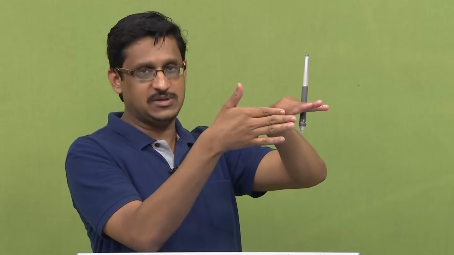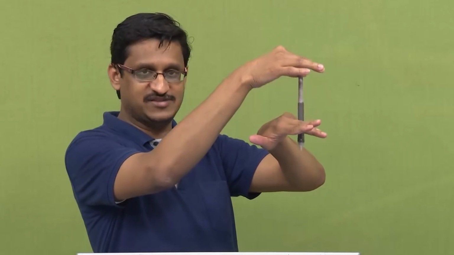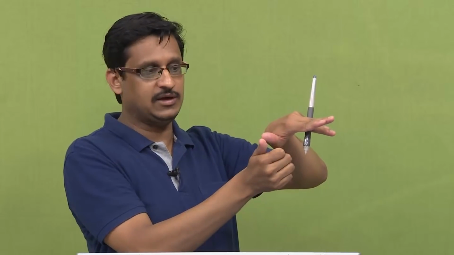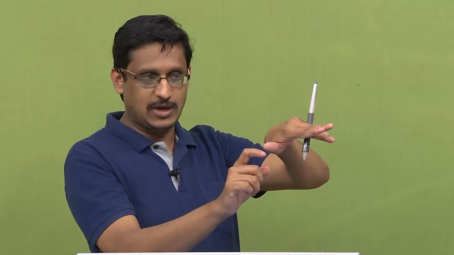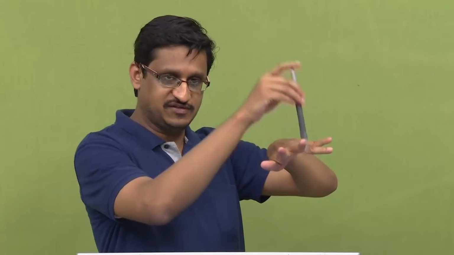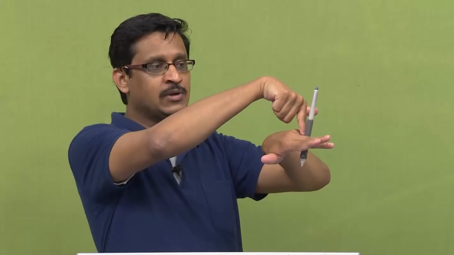I have a set of fingers going this way, which I can call the x axis. The direction of this pen we would call the z axis. Okay. And then there is another finger, which is a thumb, that is pointed towards you. This would be the y axis. So, I have set up a Cartesian coordinate system in which the interface itself is in the plane described by x and y, the normal is along the direction z, and the plane of incidence will be the plane x and z, because the light ray would actually come at this particular angle.